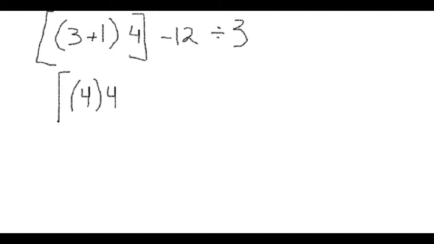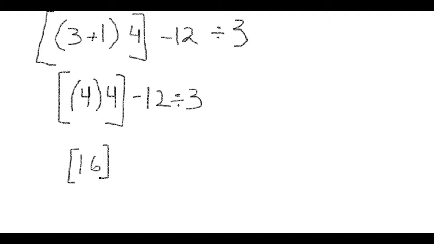Simplify this right here. So when we simplify it, we get this. 3 plus 1 is 4. Put our parentheses around it. 4 here. Bring our brackets down. And write the rest of the formula. Minus 12 divided by